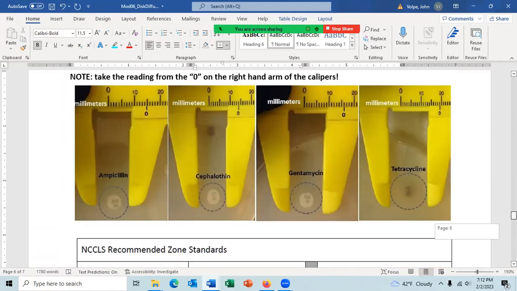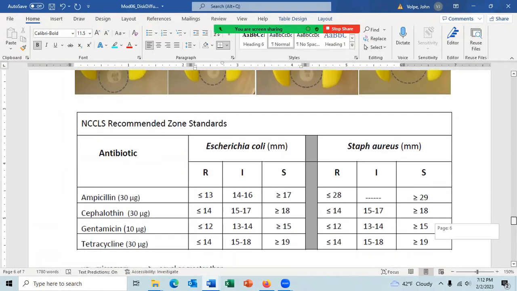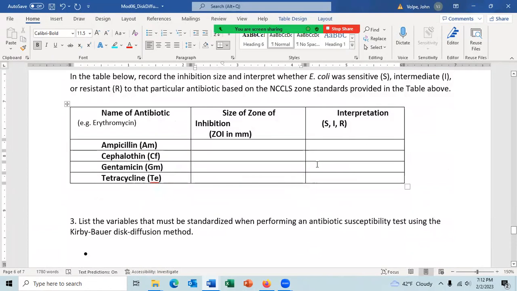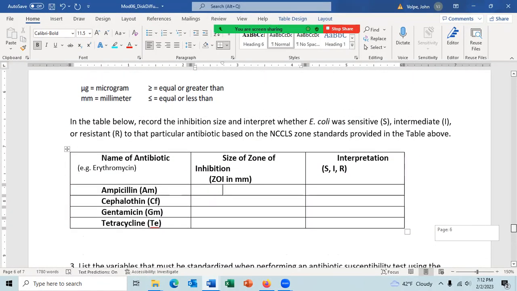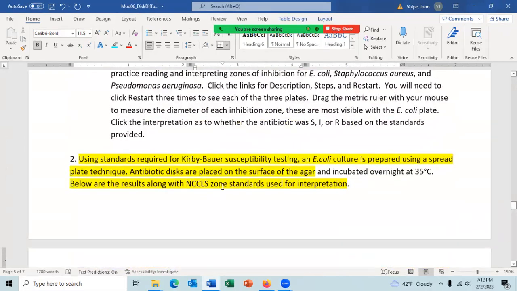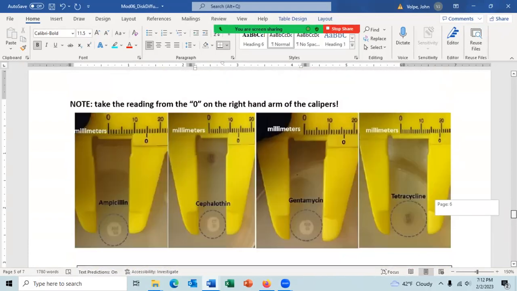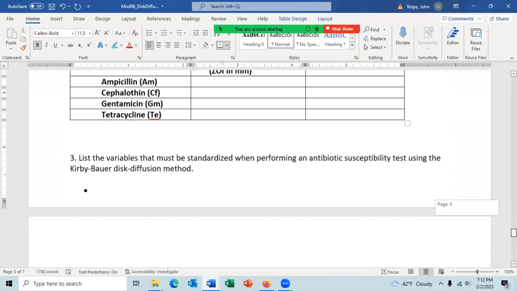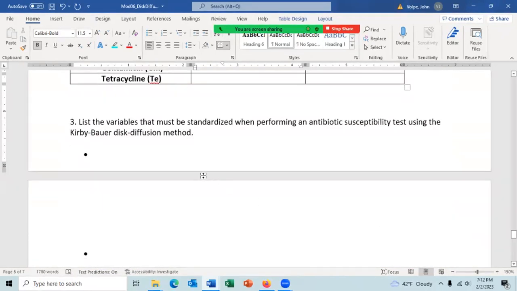So there's the zone of inhibitions and the table. And then there's the table you should fill in. And then answer question 3. This is question 2. Question 3 is, list the variables that must be standardized when performing an antibiotic susceptibility test using the Kirby-Bauer disk